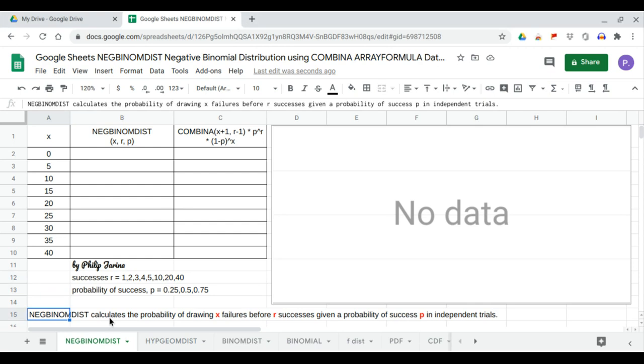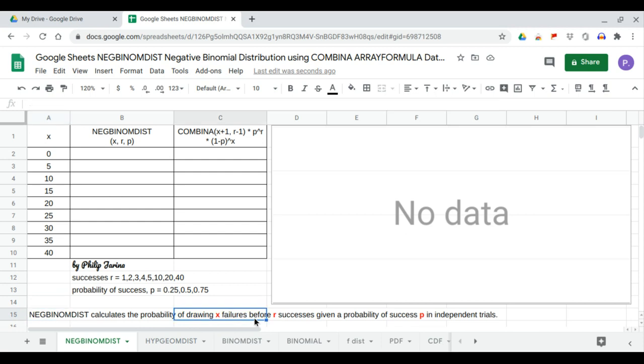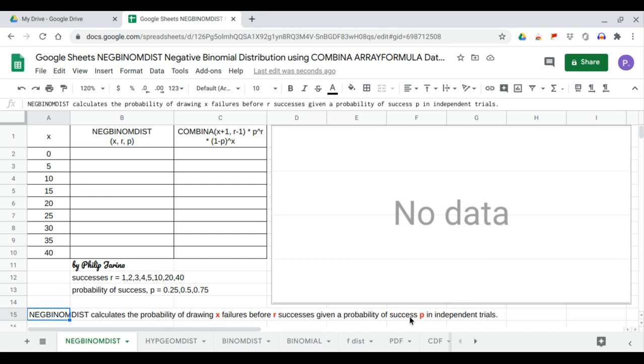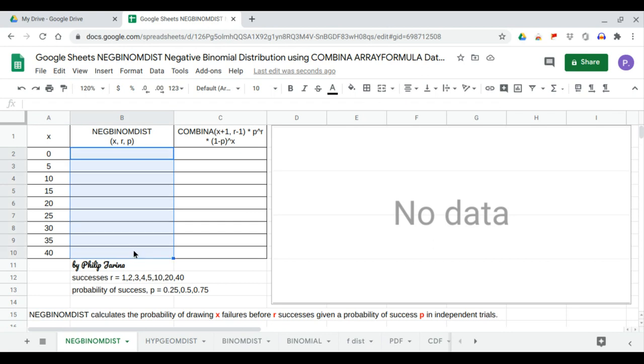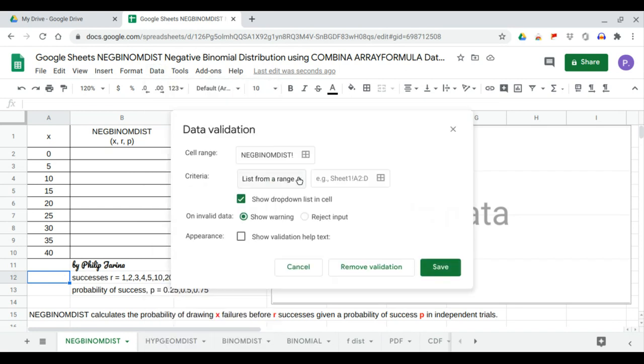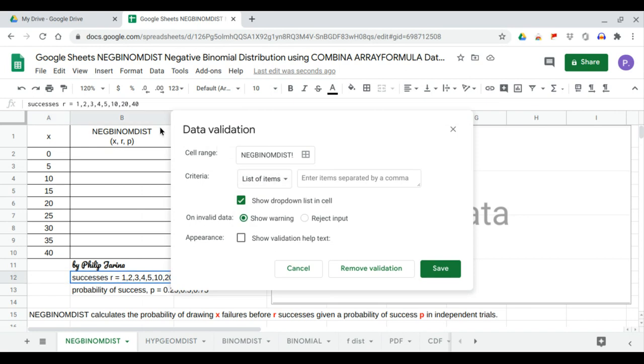NEGBINOMDIST. NEGBINOMDIST calculates the probability of drawing X failures before R successes given a probability of success P in independent trials. In this video, we'll generate the dataset of NEGBINOMDIST where the values of R, successes R, will range from the following: from the list, data validation,